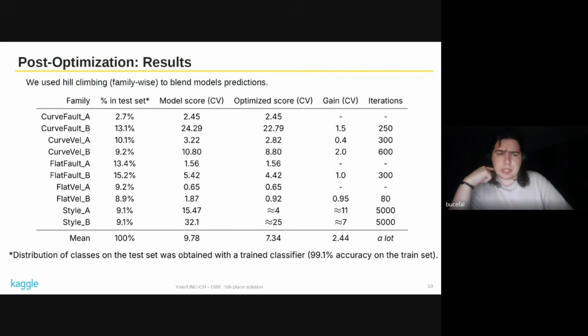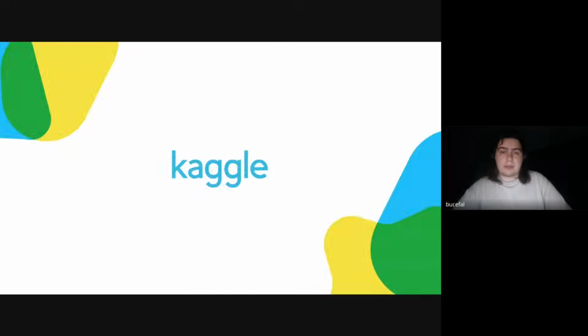And most of the mistakes of our model are between the A and B versions of the families. By iterations in the last column, I mean iterations in the post-optimization algorithm that we applied. That's all. Thanks.